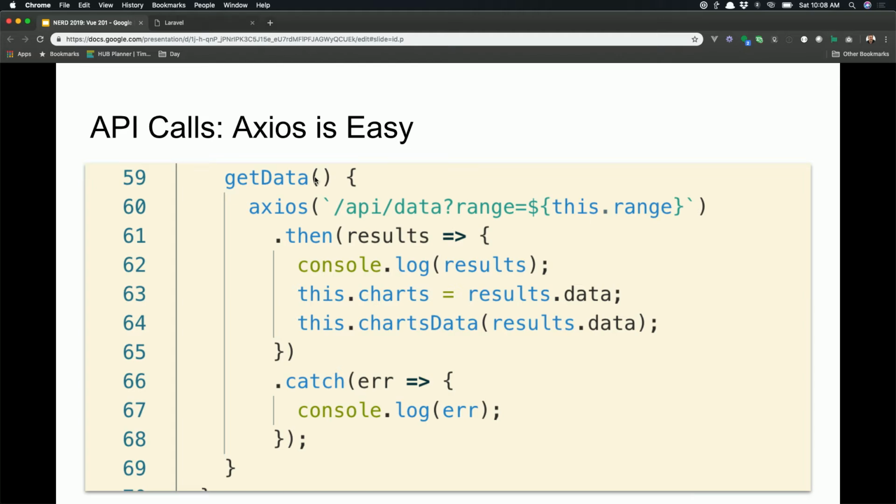Now, I mentioned Axios. Axios is a really nice library. Axios is how we're going to make calls. So, when people land on this page, I want to get data for them. So, I'm going to make a method called getData, and when this page lands, I'm going to have this get called, and so say Axios getData from the back end, pass in some argument, and load the data into my state. So now I have state in this component, and I'll show that right now.